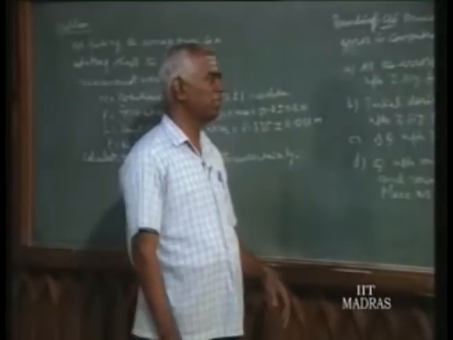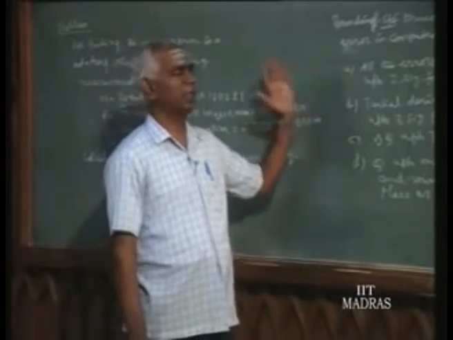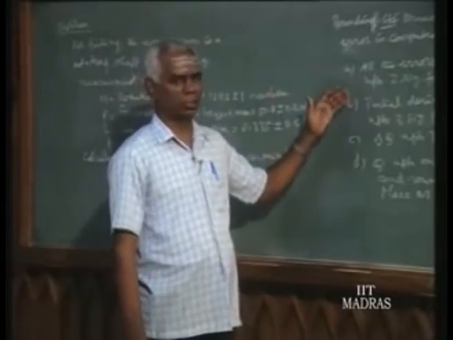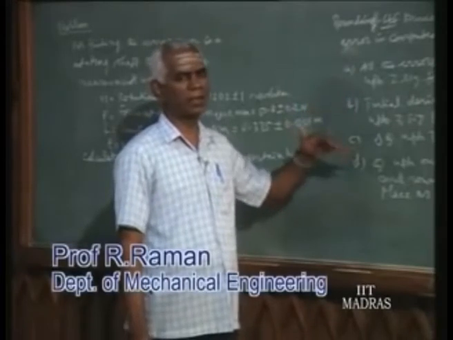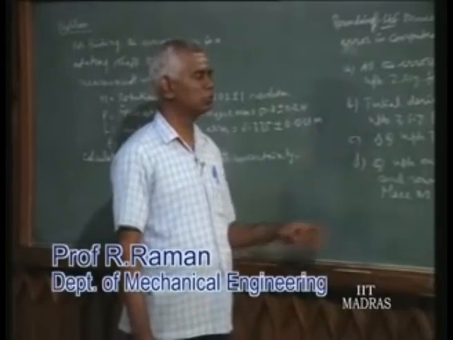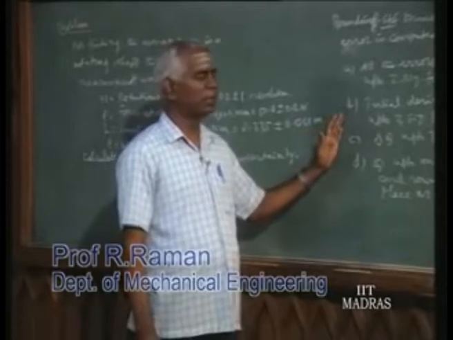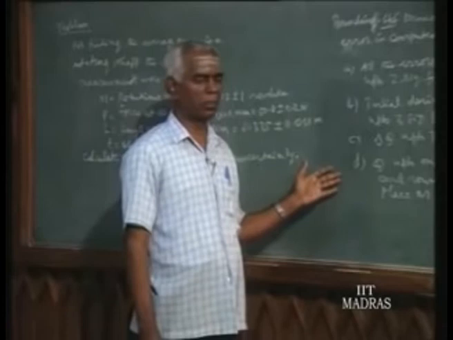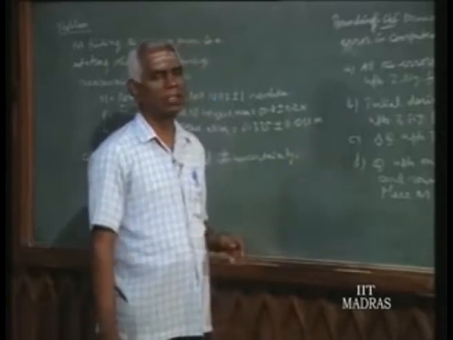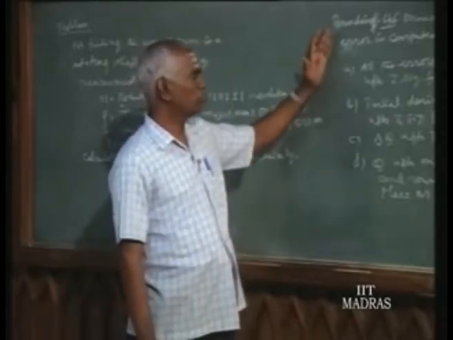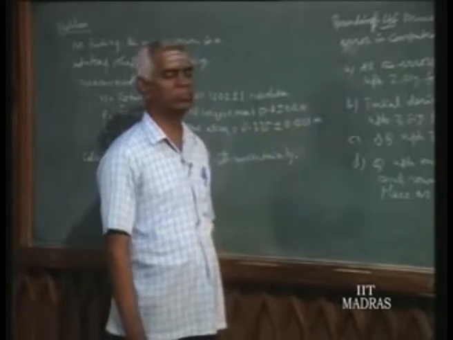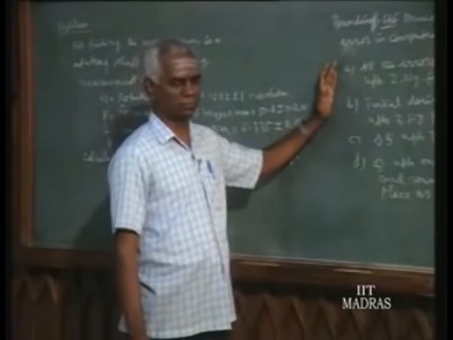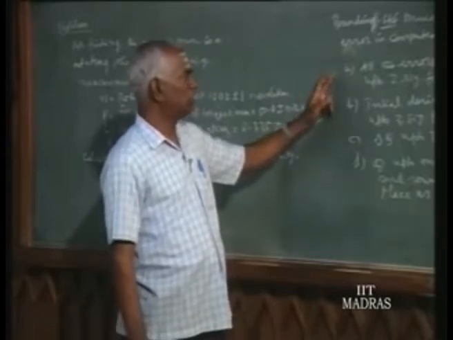We have learned previously how to find the error of the computed value, and if the error of the computed value is known, what should be the error in the individual measurements. These two things we have learnt yesterday or previously. Now we have to go for working out a problem, so that the whole concept is clear. Before working it out, we have to see what rules we should follow in finding the error in the computed value.